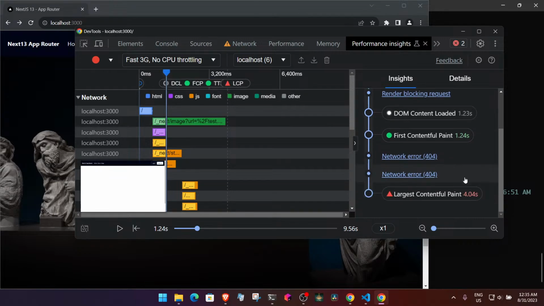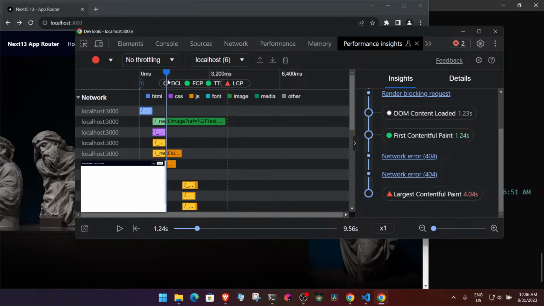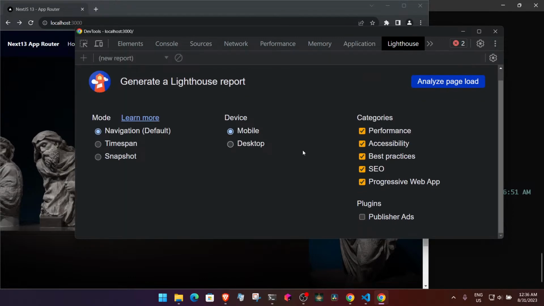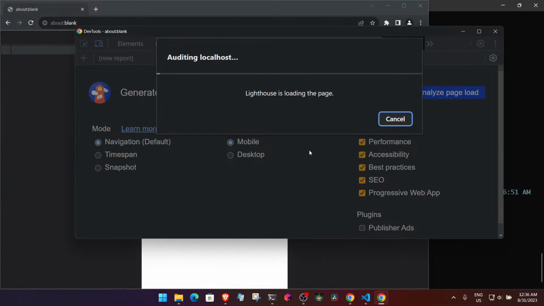So you will find that it didn't make much difference. You can say 3.99, 4.04 is the same thing. So CPU is not making much of a difference. But if you have no throttling, everything is flying high in the mobile itself. Now, if we have to measure on this mobile device as well, this is also a diagnostic tool, again, not an absolute number,